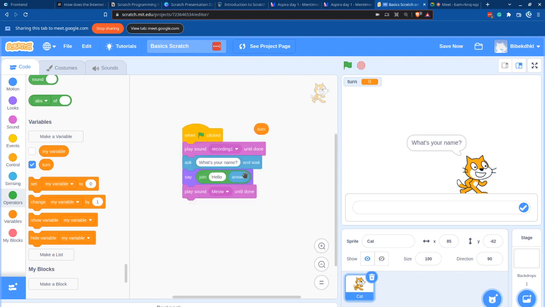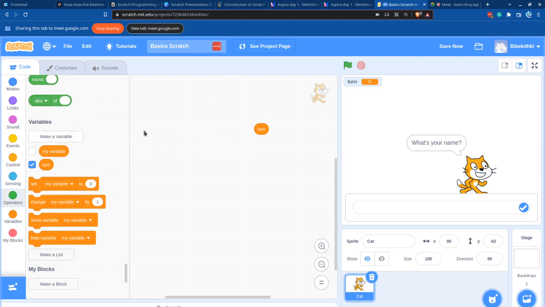This is very simple. Let me try to use a variable here. Let's dump it here. Now what we do is,